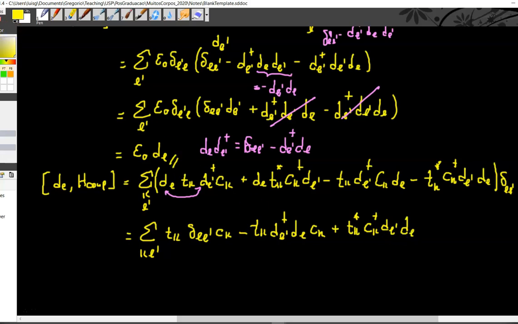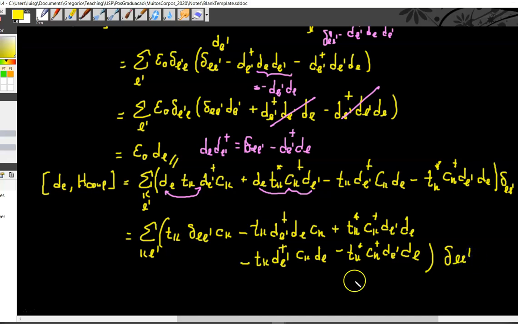I take this dl from here, and then here are the two switches, and I get a plus sign. All right. Then minus what? Minus tk dl prime, ck dl, which is this one, minus tk star ck dagger dl prime dl. Everything multiplied by this delta l prime. Now, these two,